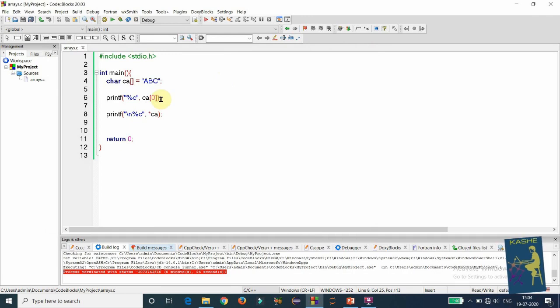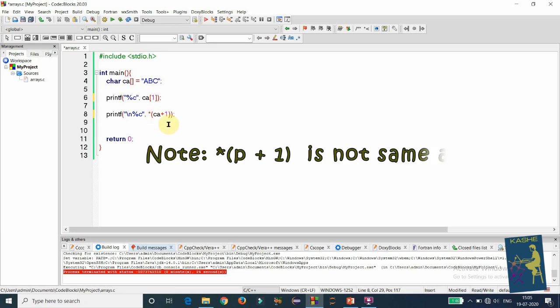Then if I want to get the next character, I need to change the index from 0 to 1. In this case we need to use *(CA plus 1). CA plus 1 must be enclosed in parentheses, then only it will consider * of CA plus 1.